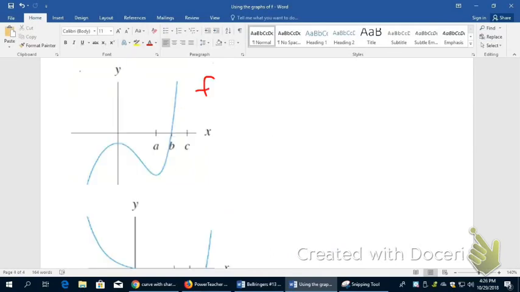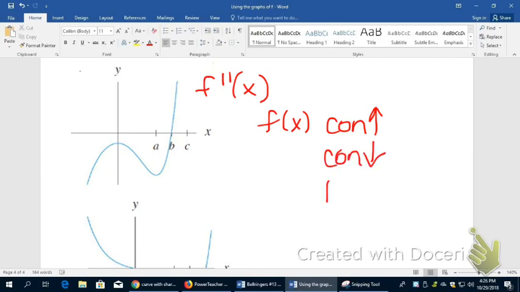Alright, so we're going to let this graph be f double prime of x. What we know about f double prime of x is that we can figure out things about f of x, about concavity and points of inflection. So what we're going to be looking for here is where f of x is concave up, concave down, and where it has points of inflection. We do something similar to what we did on f prime of x as far as looking at above and below the x-axis. Because I know that f of x is concave up where f double prime is positive, and concave down